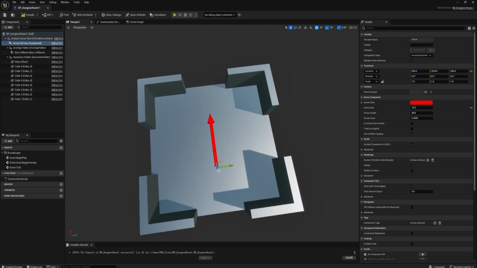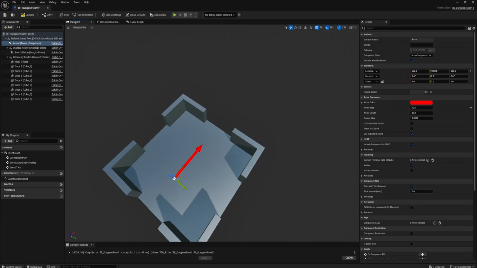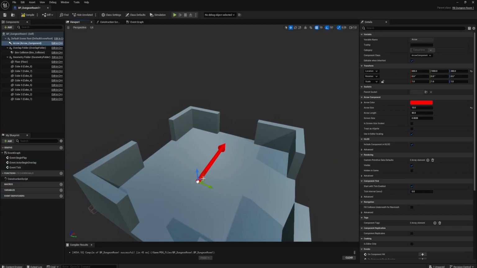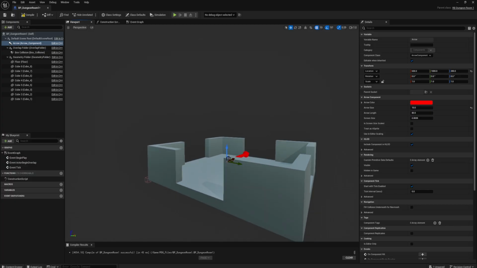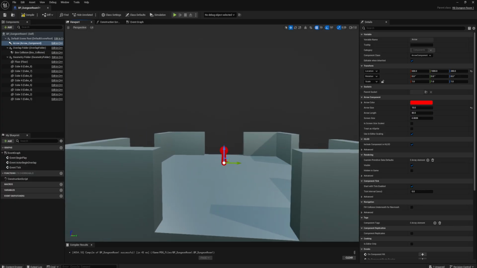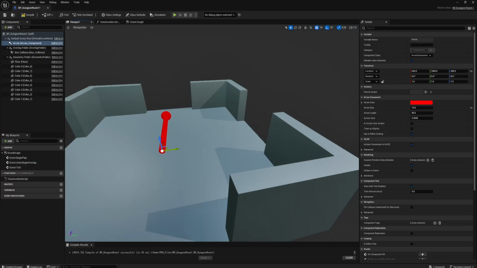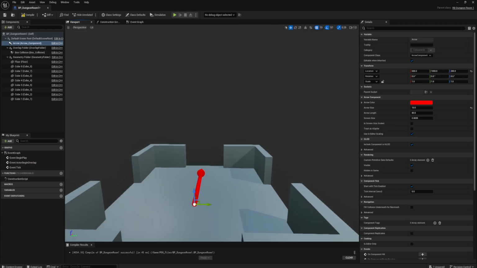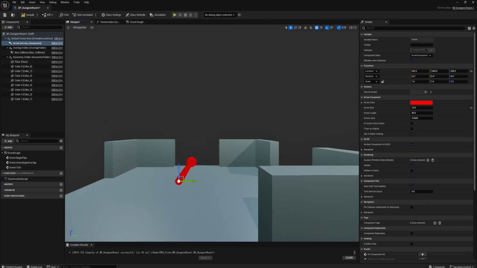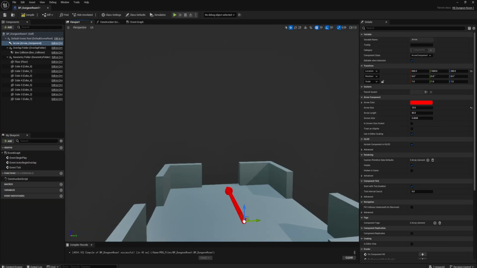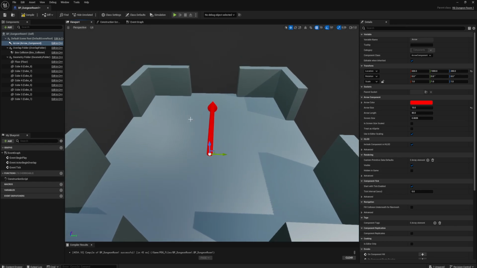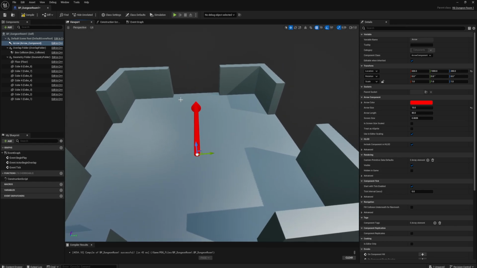So basically this arrow component is not necessary, it is just showing the X direction of our room. So yeah, it is showing basically that this is the enter, and yeah, basically the X direction is in this direction right there. So yeah, specifically this room has 3 exits, so I said it,